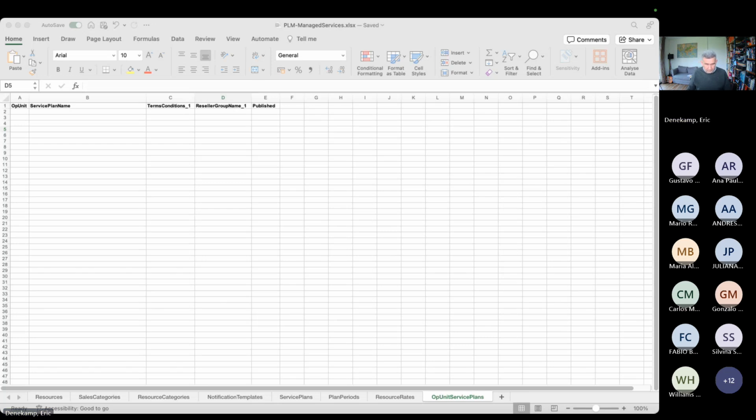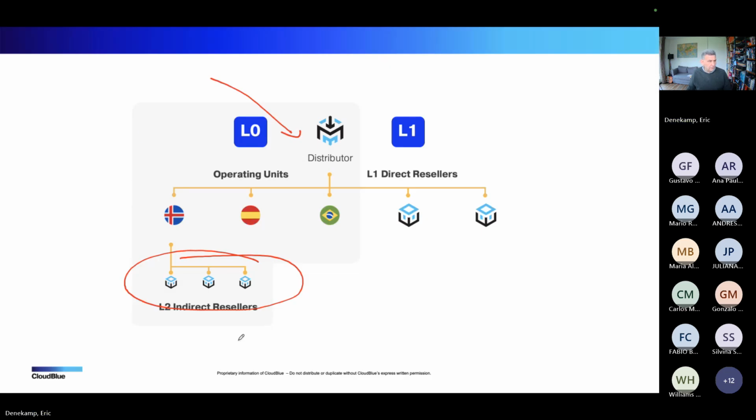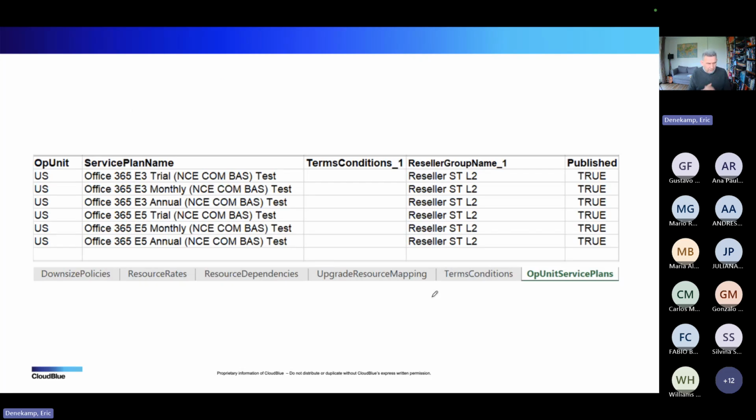Let me not do that. Let's go to the spreadsheet. How do you do that? Again, using that reseller group name column, only not in the service plans tab, but in the tab op unit service plan. So it looks something like this.